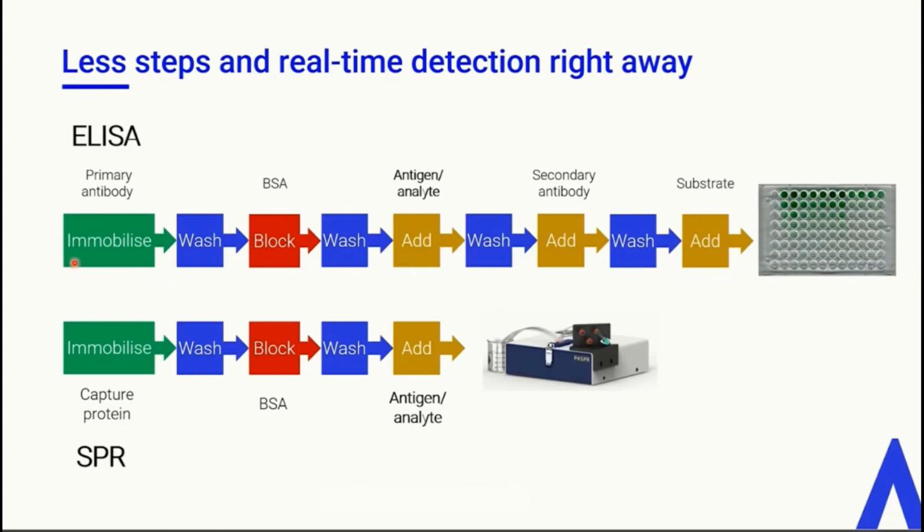And as everybody knows, you have your immobilization step where you put in your primary antibody, you'd block with BSA, add your antigen or analyte, you add your secondary antibody, and then through the addition of substrate, you get color development. And shown here is the clearly large number of washing steps, and what is not shown is the incubation steps. And so on our platform, it is a much smaller amount of steps, and also the time investment is also much smaller. This is on the order of an hour, as opposed to in ELISA, it's on the order of multiple hours.